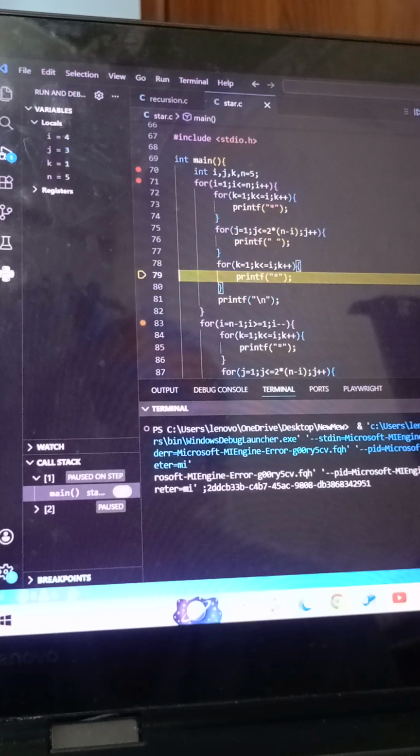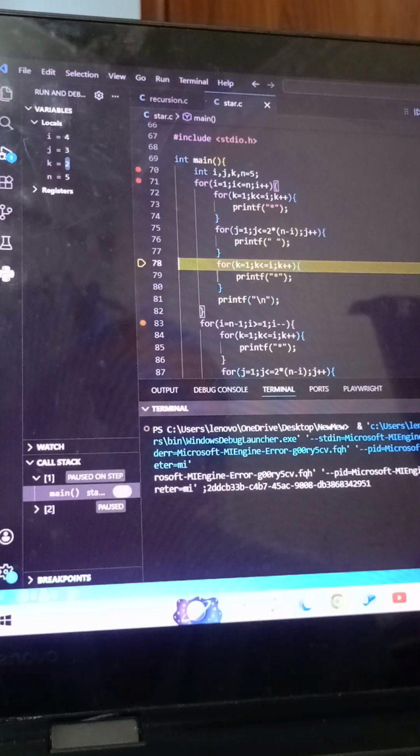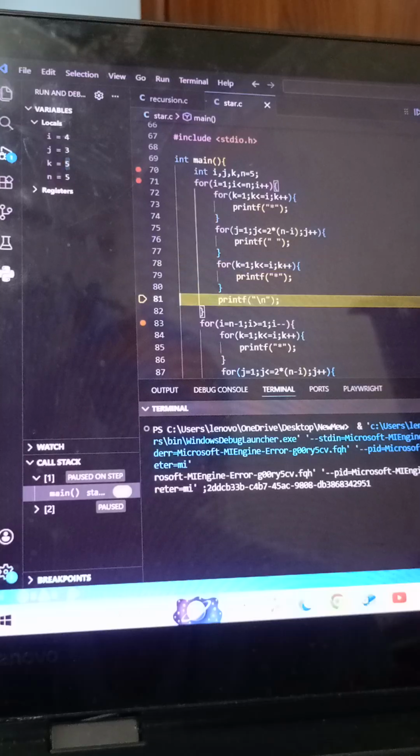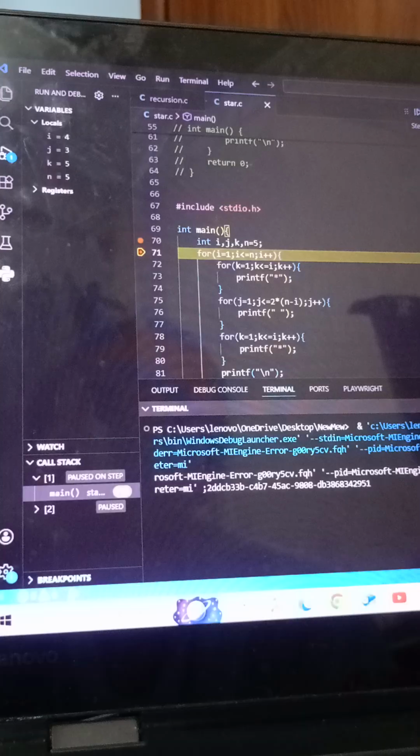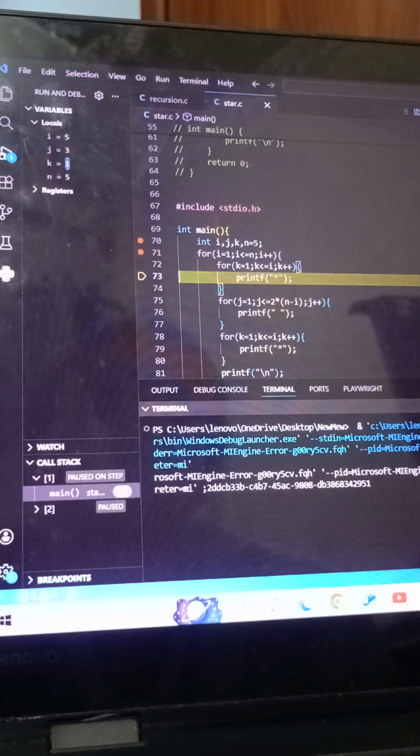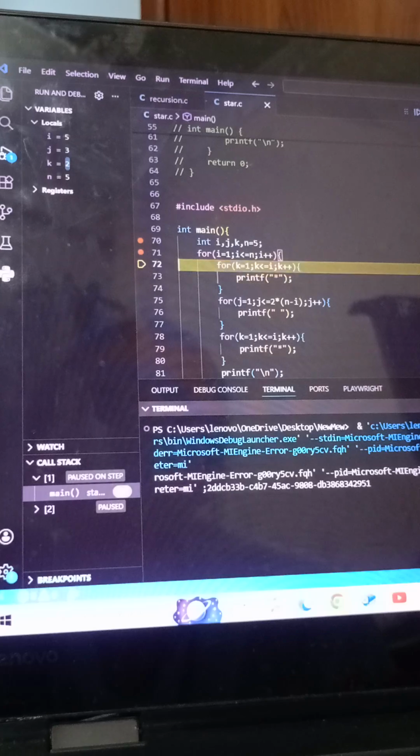Okay, now k also has, okay, 4, 5. Okay, so it breaks the line, and again as we can see, it is going to go into the i and check. Okay, 5. So for 5 it is going to print 5 stars,